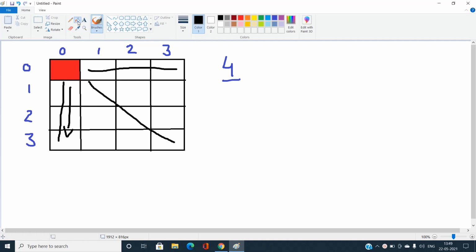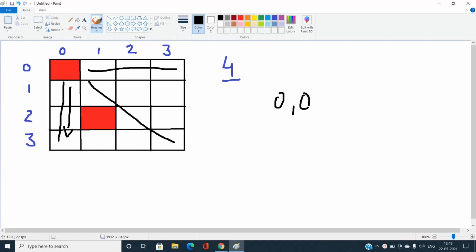So can I place another queen at a position other than these? Let us say I am placing a queen over this position. You can easily see that if I place the queen over this position, it is going to be correct, because this position is not going to clash with the queen at 0, 0.